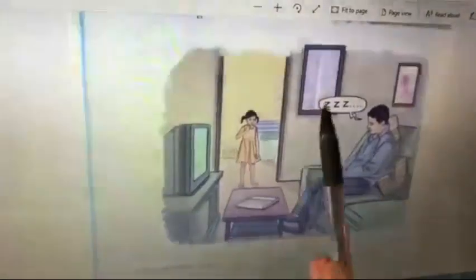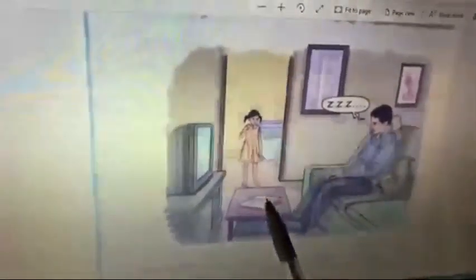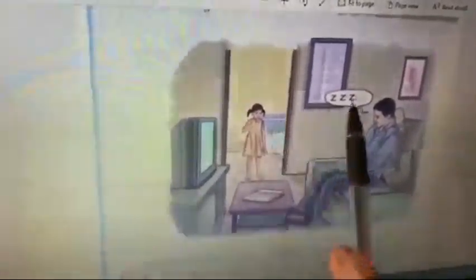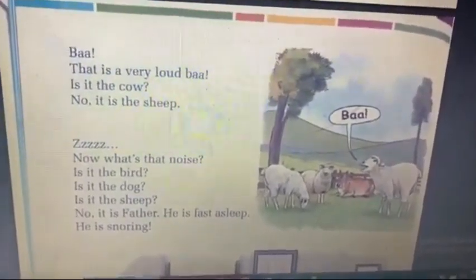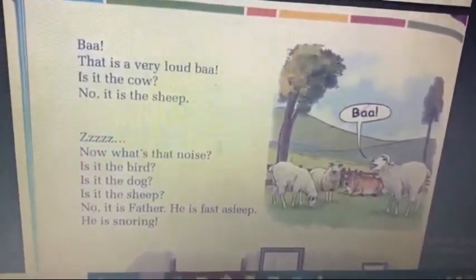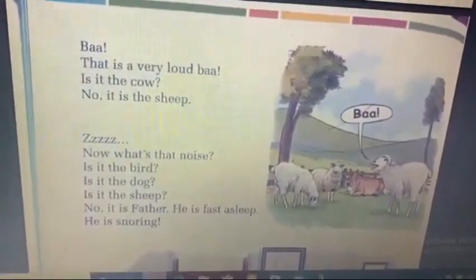Children, can you see the room? There are two big photo frames hanging on the wall. And there's a paper on the table too. Now that girl, she is sure where that zzz sound is coming from. The little girl is going to hear some more sounds now. Now let's see what she is going to hear.